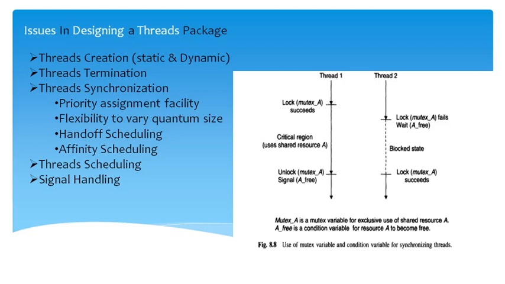Okay, and the next issue is thread termination. Termination of threads is performed the same as for a conventional process. It means how we terminate a process is similar to the termination of threads. So a thread may either destroy itself when it finishes its job, that is, after completion of its running process, it can destroy itself by using an